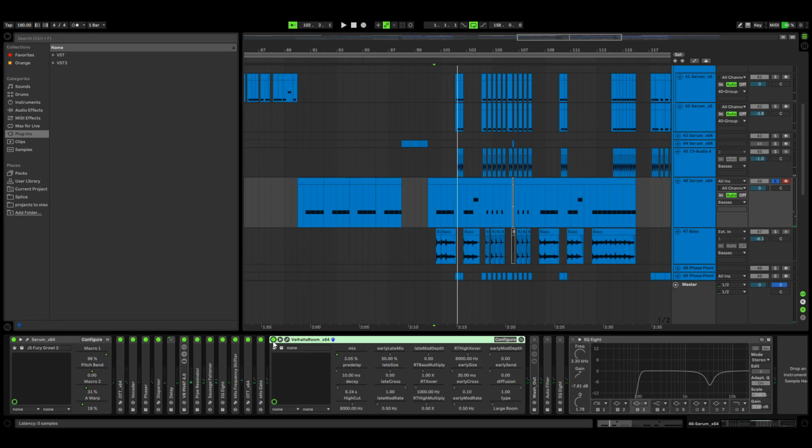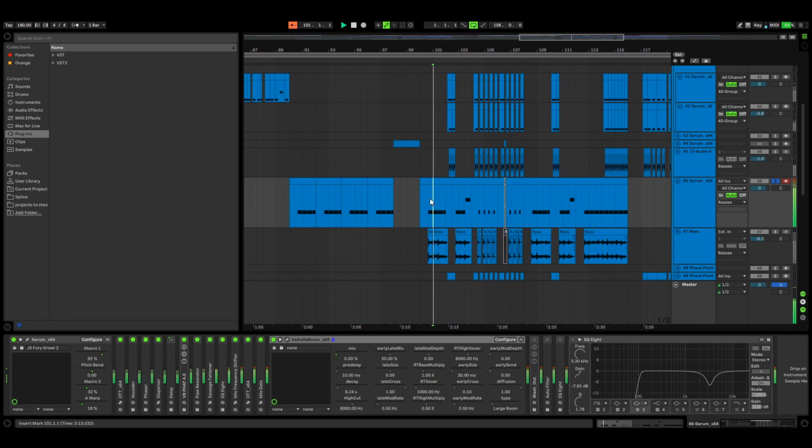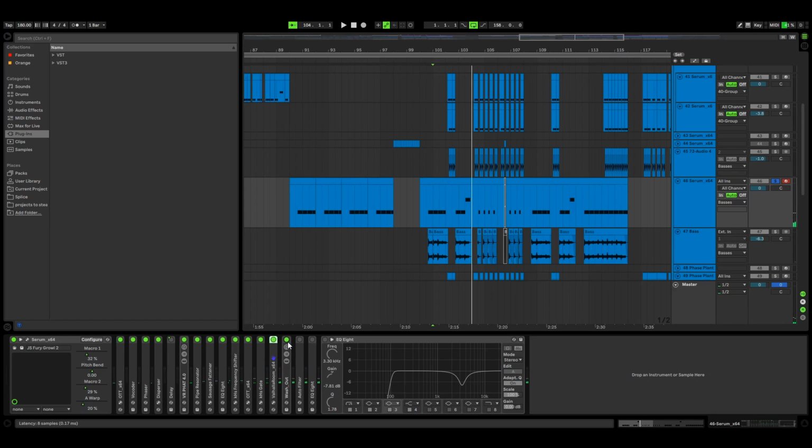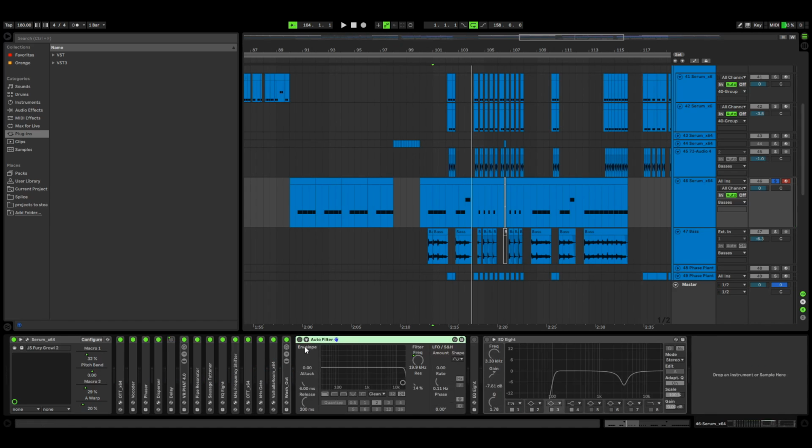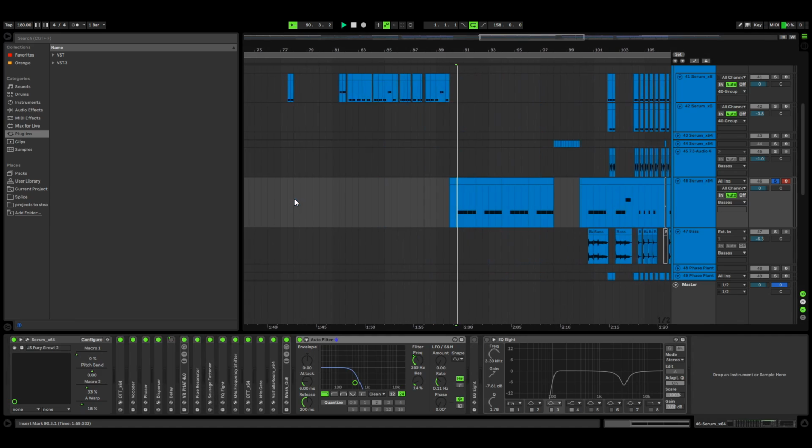A Valhalla room. This is actually something that I forgot to mention while talking about the main bass. One thing that I used throughout the drop and throughout this track is a reverb with a really long decay of about 6 seconds, and automating the mix so it comes in right before a note to give it a little bit more push and pull. I'm using that here. Just a little bit of a detail. A washout rack, which I use later, and I'll talk about in a moment. A filter that I use in this buildup.